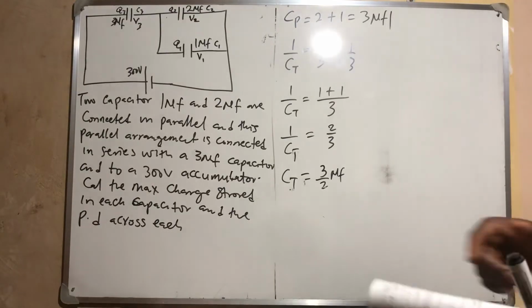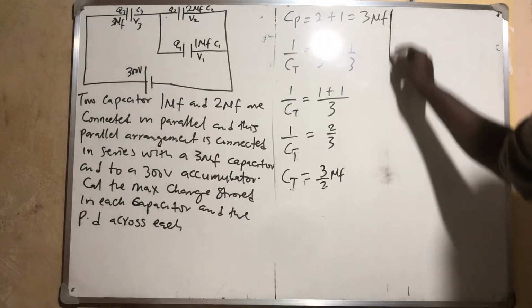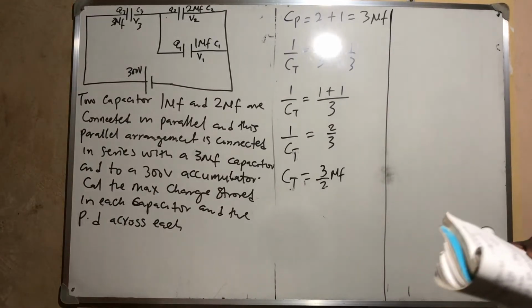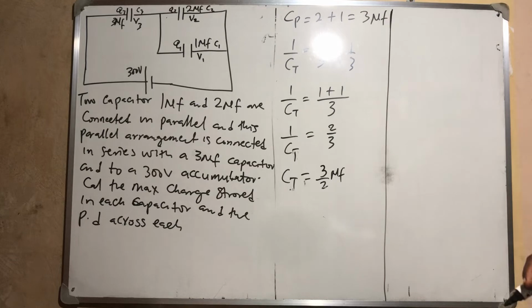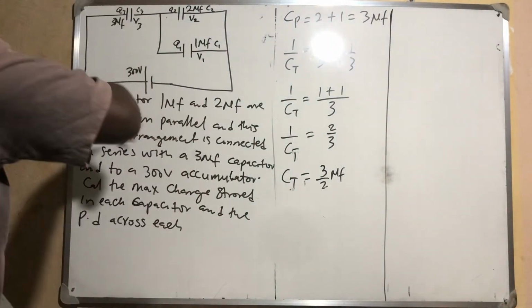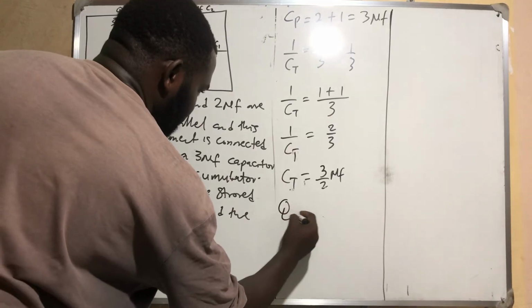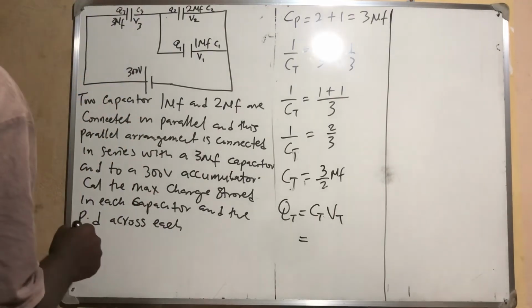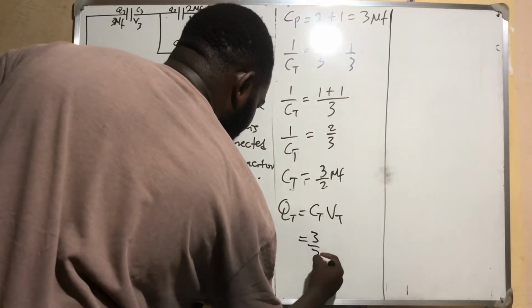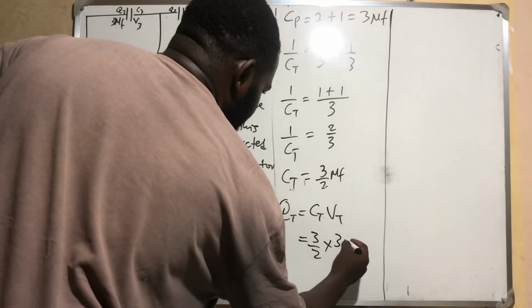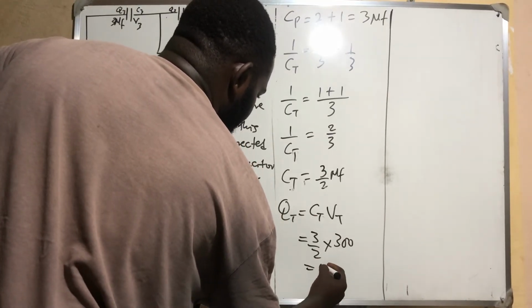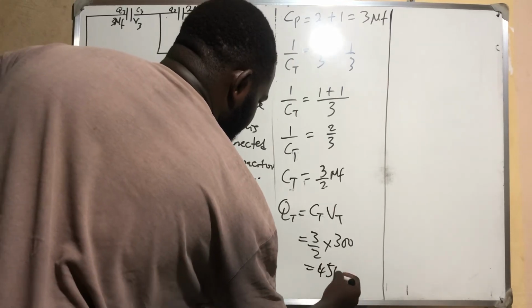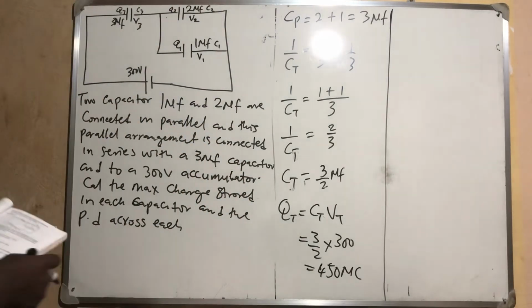Sorry, there's a mistake. So this is the total capacitance, all right? So let us get the total charge. You cannot be solving them the same. For the parallel side, you solve parallel differently, then solve the series differently. So the total charge across them is what? C total, V total. My C total will now be 3/2 times my V total, which is 300, which will give me 450 mu coulomb. Okay, that is the